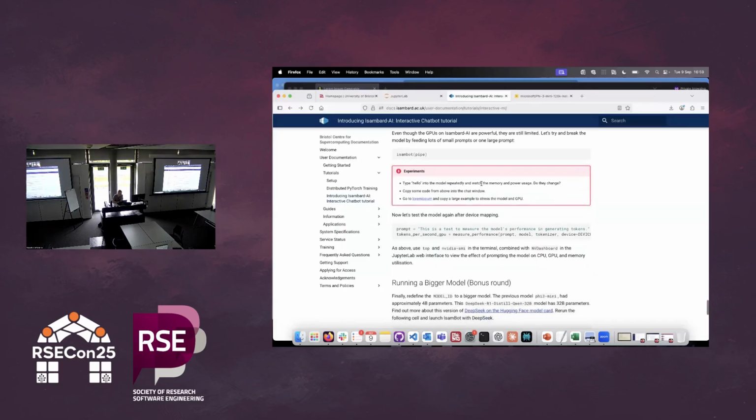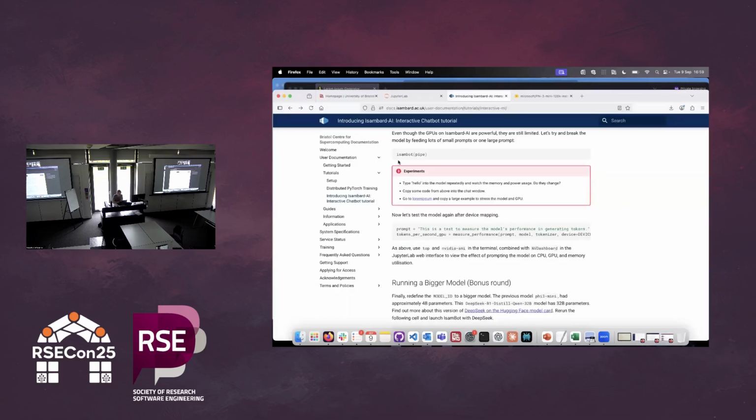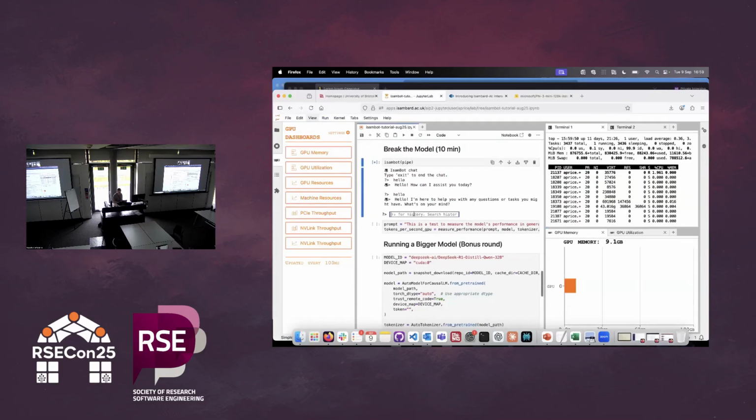This is linked to the docs. In this little experiments box, pull the link to Lorem Ipsum and generate a large amount of text, feed it to Isambard repeatedly and see what happens. So if we try and feed Isambard a large amount of text,